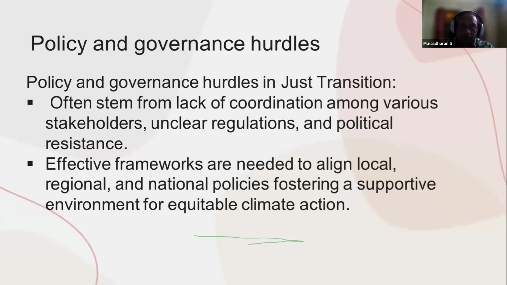Policy governance hurdles, if we look at it, stem from lack of coordination from stakeholders, unclear regulations, political resistance, of course, not to leave corruption, which is a bigger problem when we look at the policy implementation part of it. Effective frameworks are needed to align the local, regional, national policies, fostering